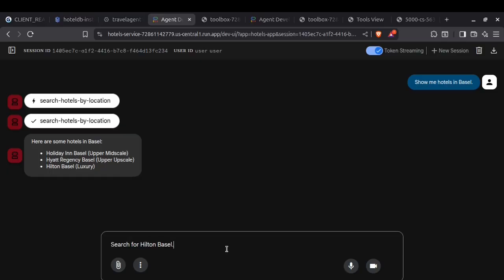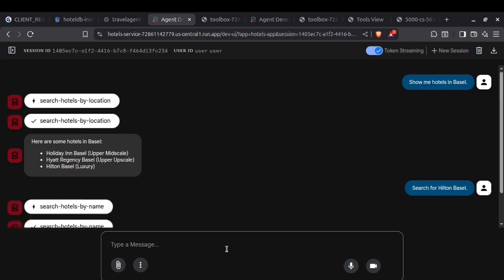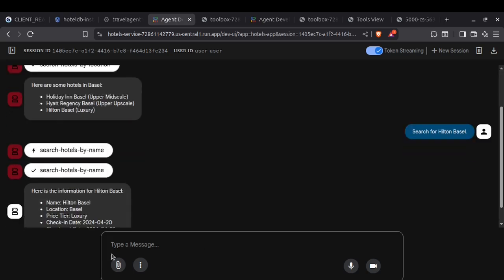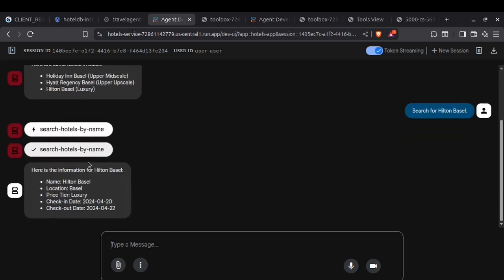So search returned Brazil. Search hotel in Brazil. Then hotel Brazil, location Brazil, the price, the luxury, and second at this one, third at this one. So like this you can ask,